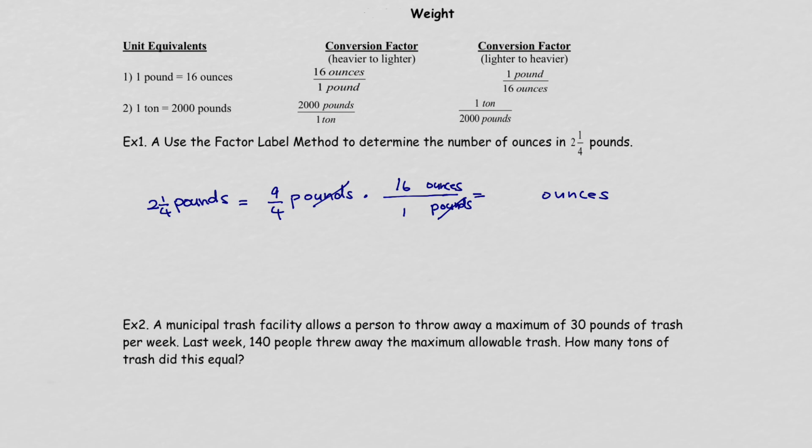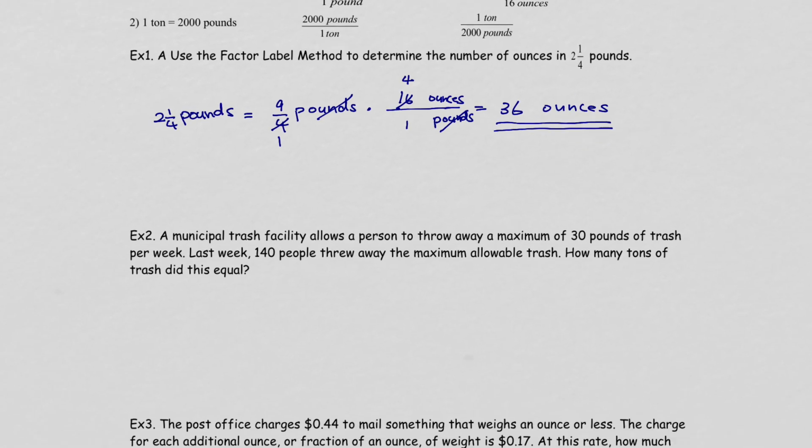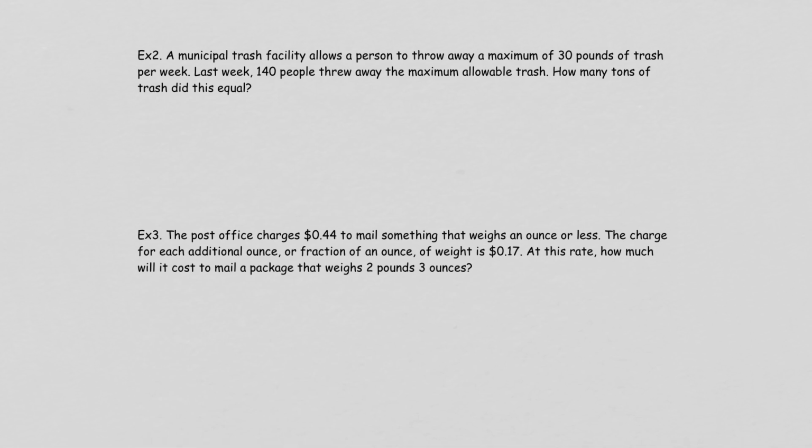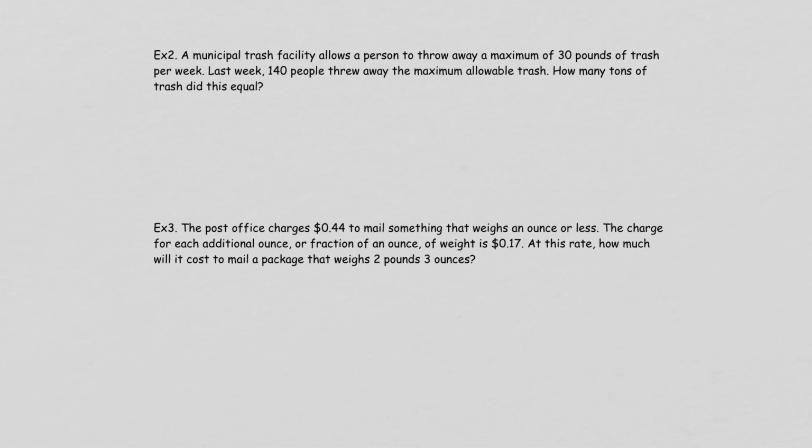Once you know you have the right multiplications, let's simplify. 4 goes into 16 4 times. Basically, you're multiplying 9 times 4 on the numerator, so you get 36 ounce. Denominator is 1, so there will be no fraction form of the solution. So that's what you're going to do, like we did with the lengths, right? Let's see. Maybe we can look at two